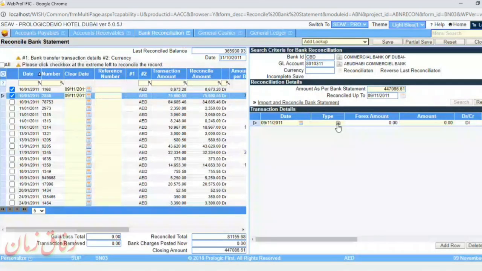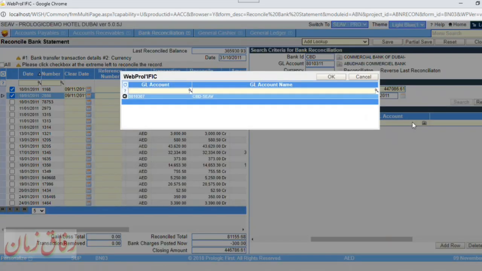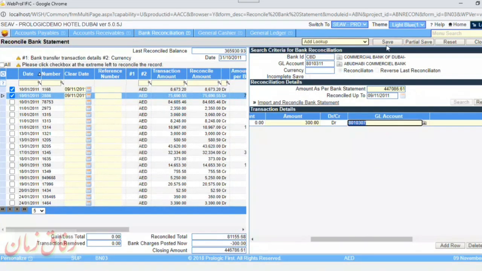for here I will create something called as bank charges, which is already there for you. And you will say that bank charges is 300 dirhams, right? And I can link that GL code also. Otherwise, you can link that this is for CBD bank, right? And as soon as I save, what will happen? This will get minus from there, and so that this and this can match. And in the end, when you save, finish, your reconciliation is done,